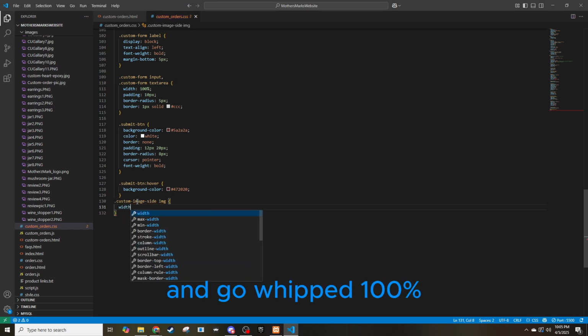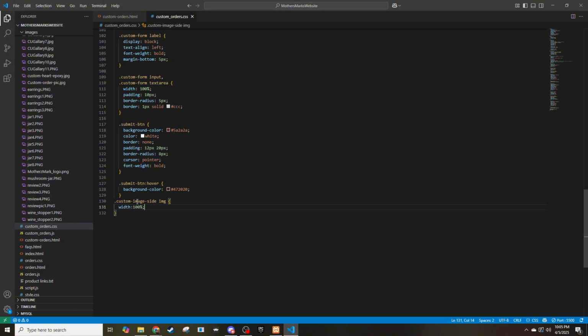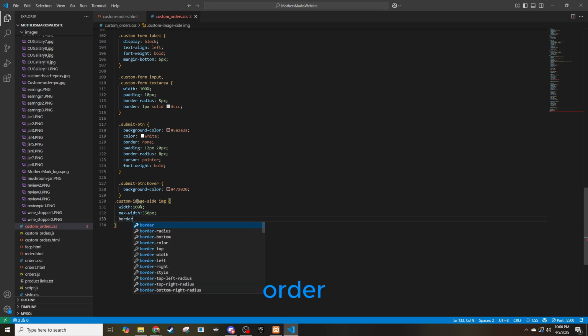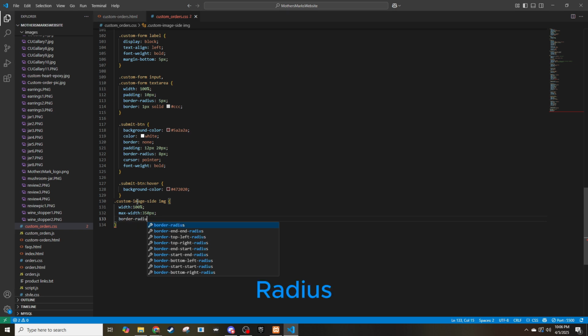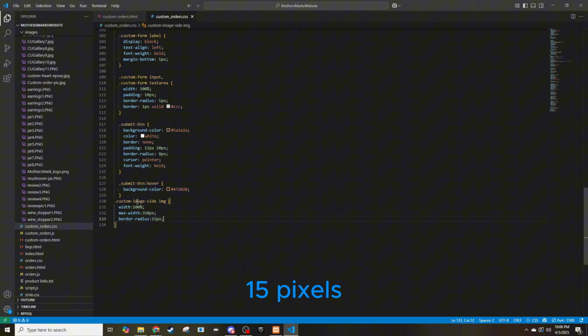We go width 100%, max-width 350 pixels, border-radius 15 pixels,